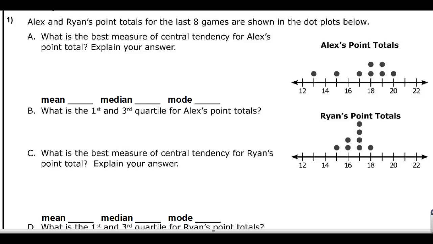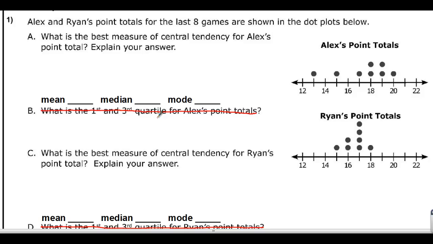Now, before we go any further, double check your work and make sure you made the changes that I talked about making. Here were the changes. You were not supposed to do part B because we're not talking about quartiles. The same thing with part D. So B and D were not part of your work. What you were supposed to do was find the mean, the median, and the mode for both of these data sets. So if you haven't done that, be sure you do that now. Pause the video and go ahead and find those. All right, we're back ready to work.